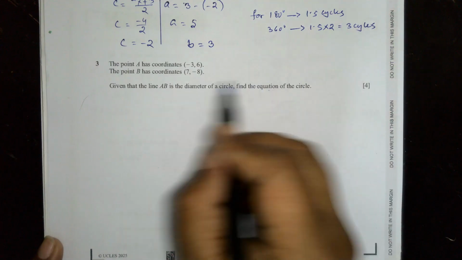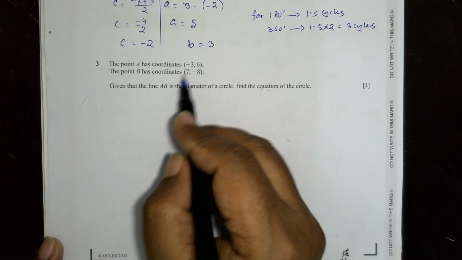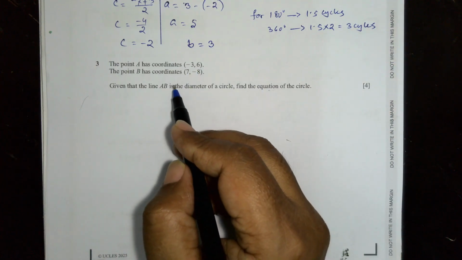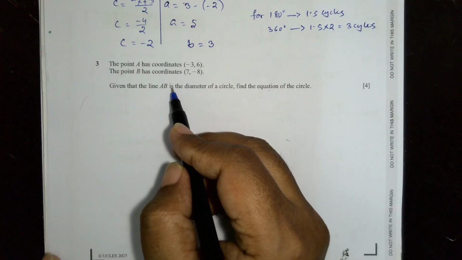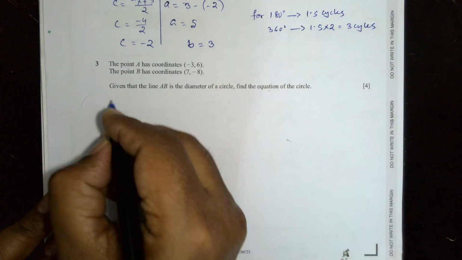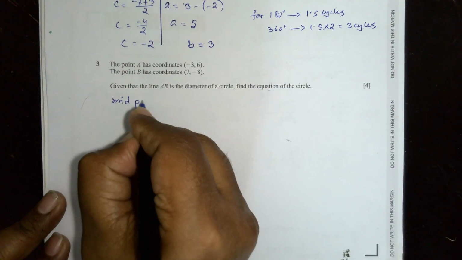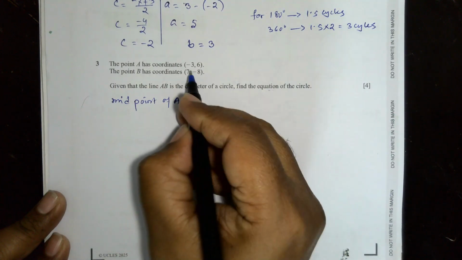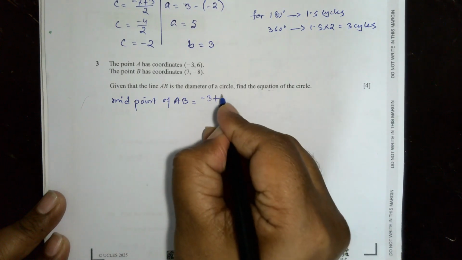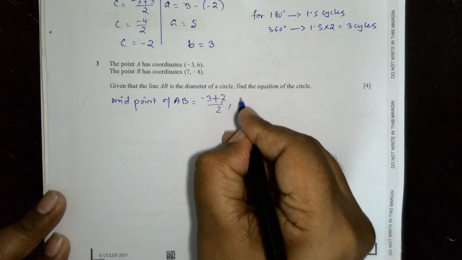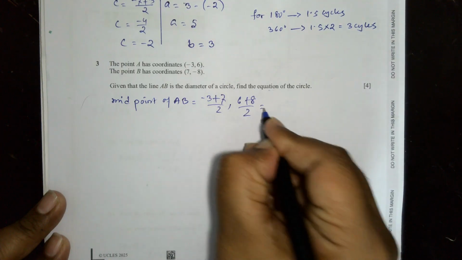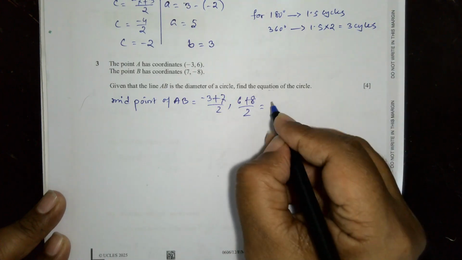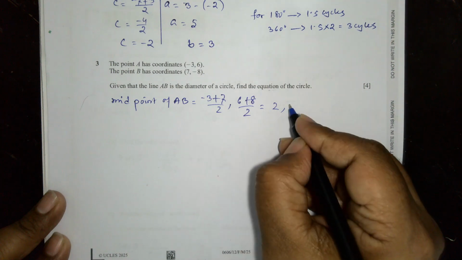Okay, fine. If AB is the diameter of the circle, the midpoint of AB must be the center, right? Yes, sir. So the midpoint of AB should be (-3 plus 7) divided by 2, comma, (6 plus 8) divided by 2. What will you have? 4 divided by 2 means 2. 14 divided by 2 means,